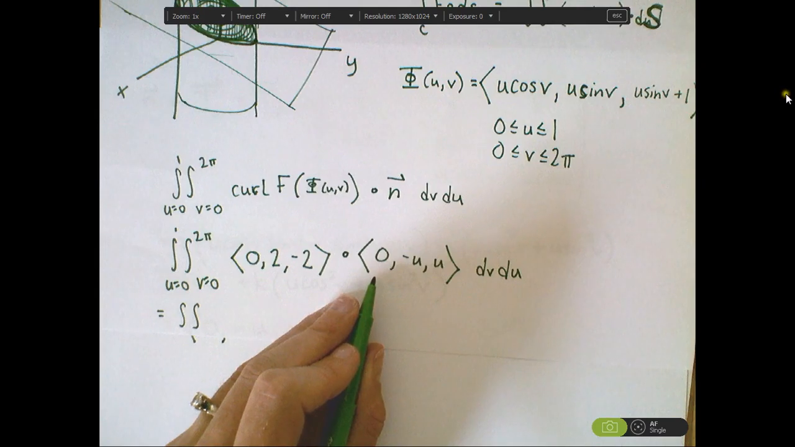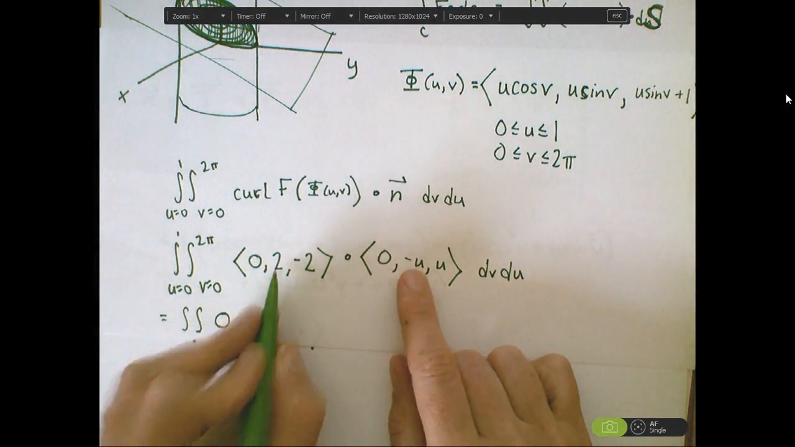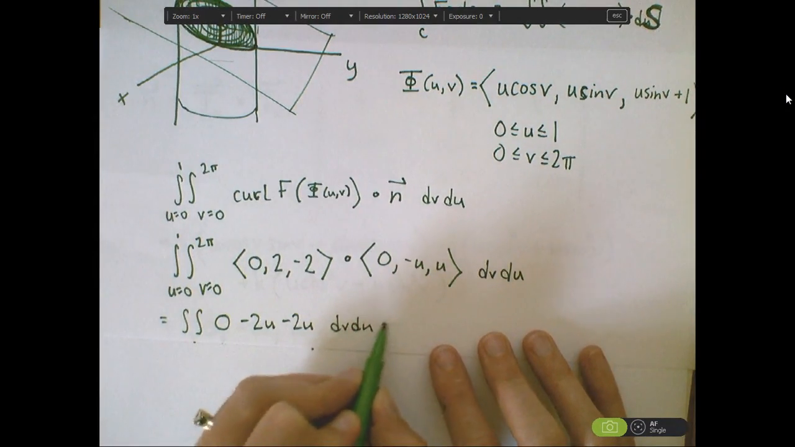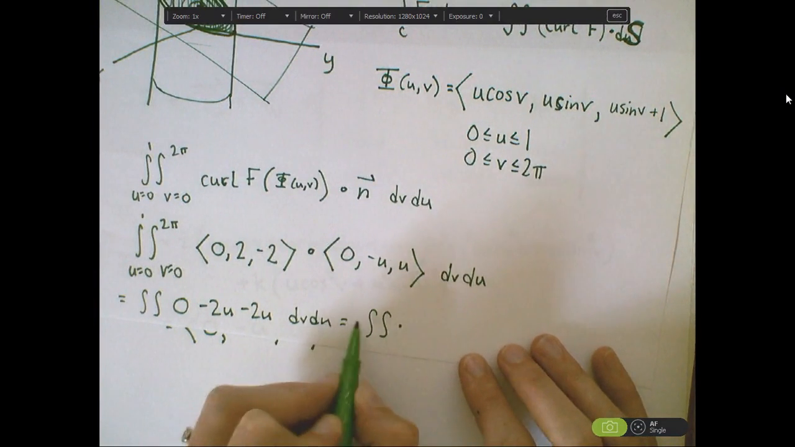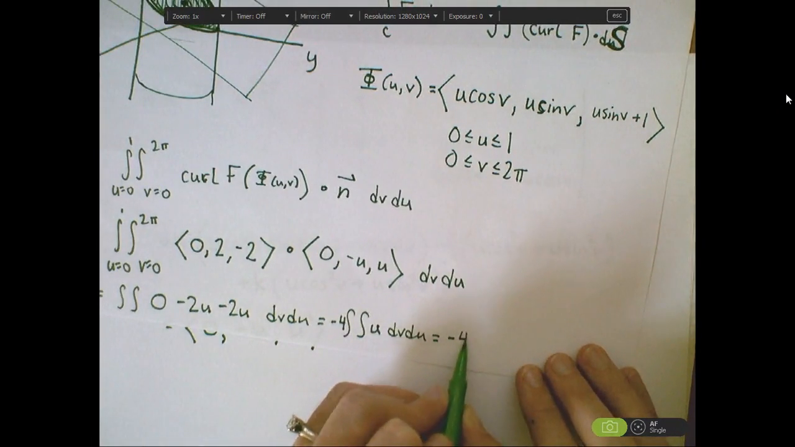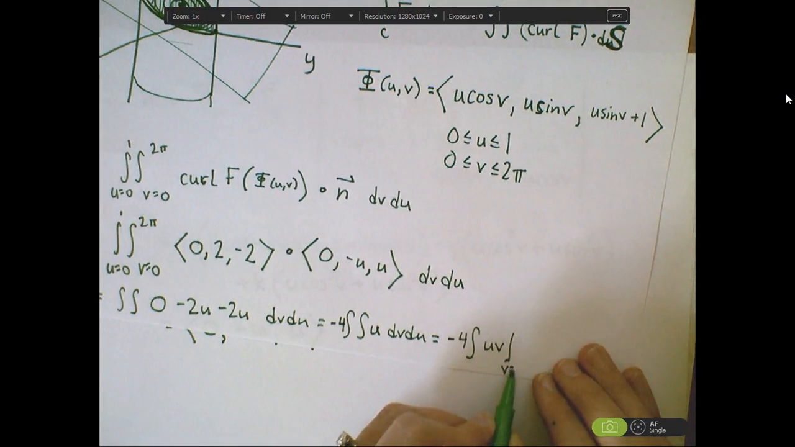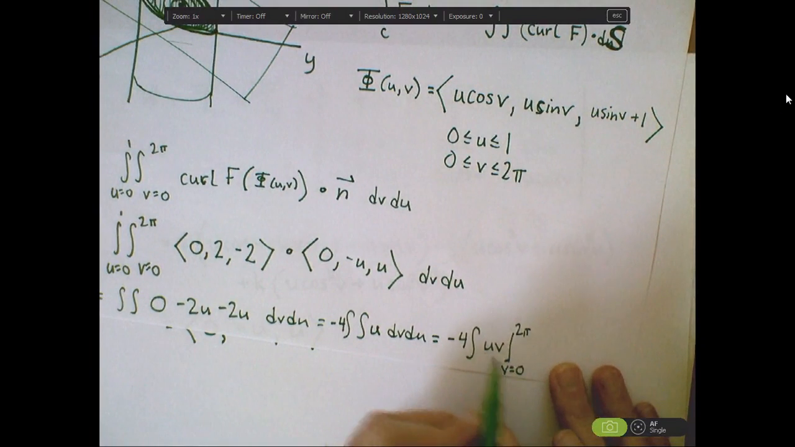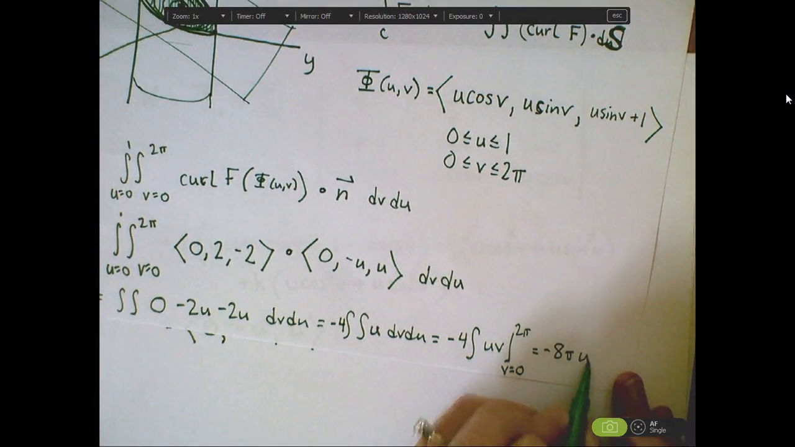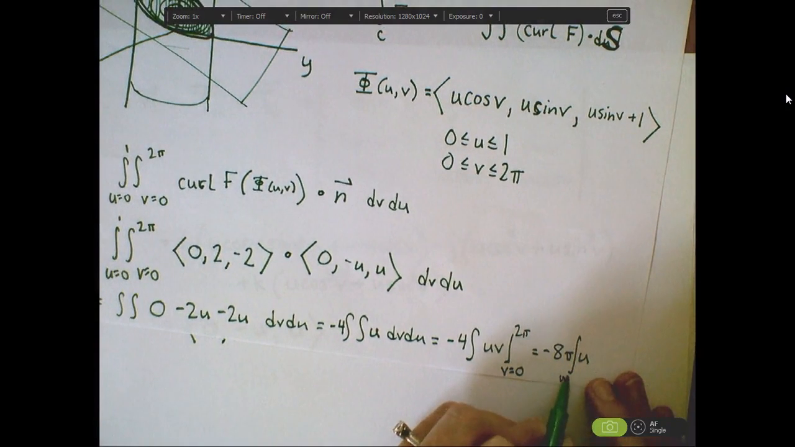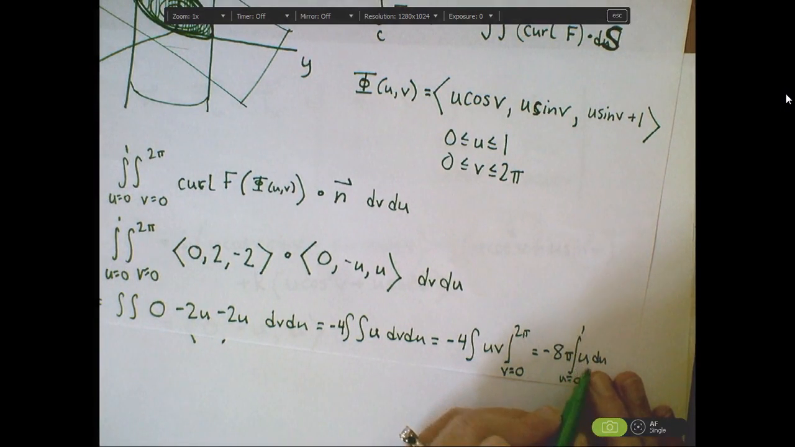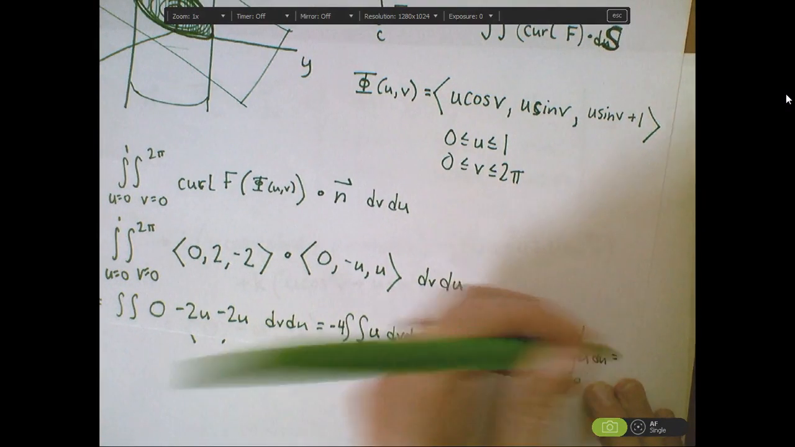So when I dot these two functions, I end up with 0 minus 2u minus 2u, which is negative 4u, dv du. Double integral, I'm going to pull out the negative 4 in front, negative 4u dv du. Integrating with respect to v, I get negative 4uv, evaluated as v goes from 0 to 2 pi. That ends up being negative 8 pi u. This is then integrated as u goes from 0 to 1, du. So that becomes 1/2 u squared, or negative 4